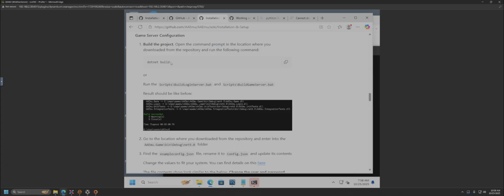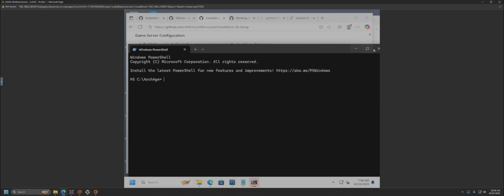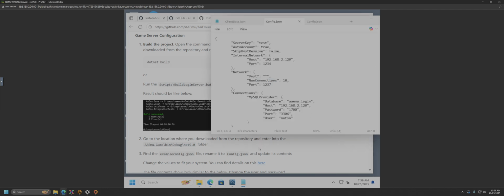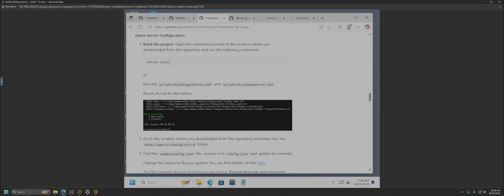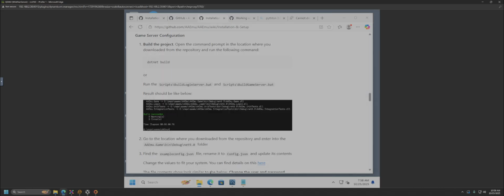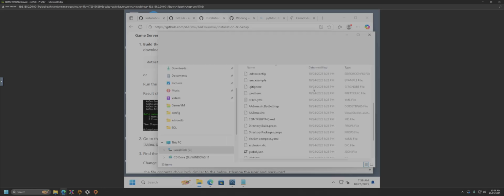Then you can actually run the .NET build. However, I would recommend doing this the easier way and going into the scripts folder. We're going to get to that. Go into the scripts folder, which I'm already in. Here, we'll go back to the other folder where, okay, so you opened it from here. So you're in the Archeage folder, go into scripts,